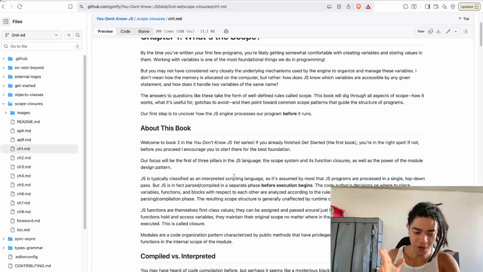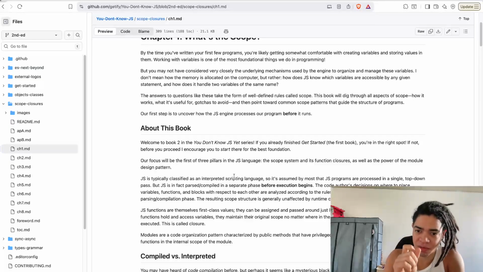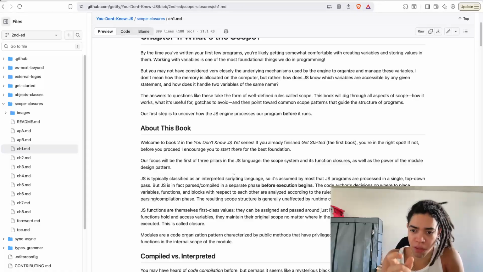So we are looking at this because working with variables and functions is one of the most important things in any programming language, right? So the code author's decision on where to put